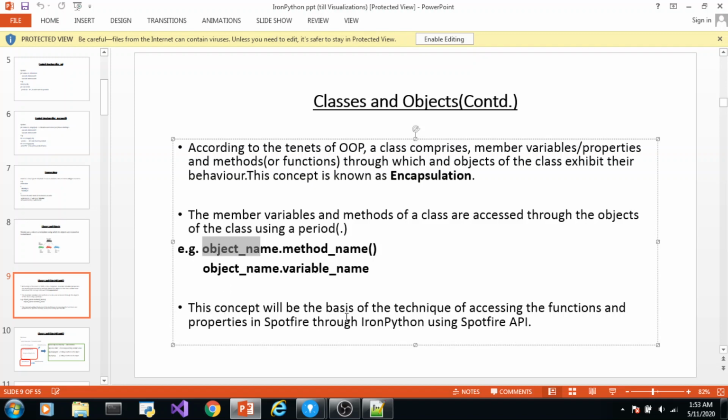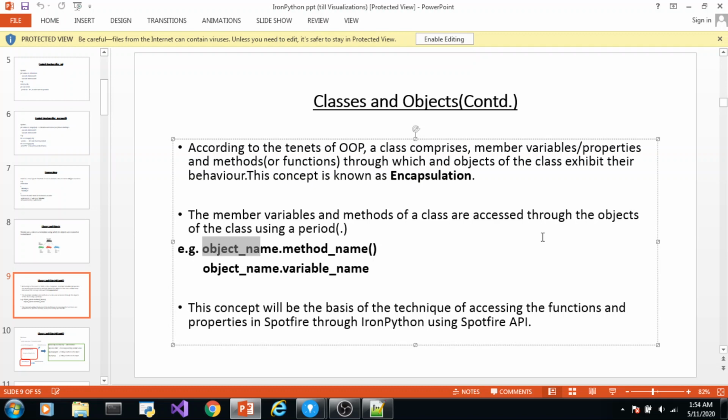Now this concept will be the basis of the technique of accessing the functions and properties in Spotfire through IronPython using a Spotfire API. For example, there is a class called bar chart class. When you have to access and manipulate the properties of a bar chart in your Spotfire report, you need to access the bar chart class, because it contains the properties and methods of a bar chart which you find in Spotfire.